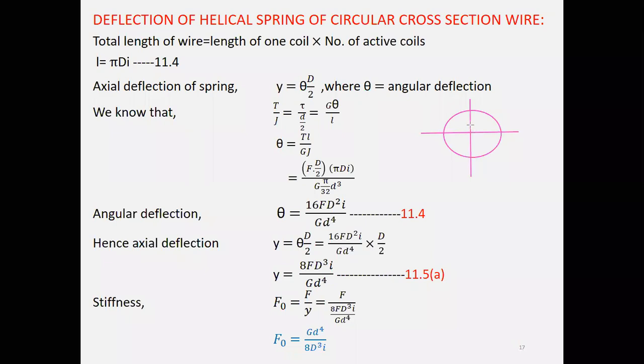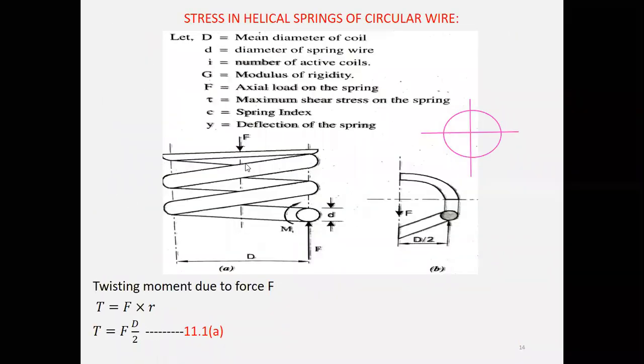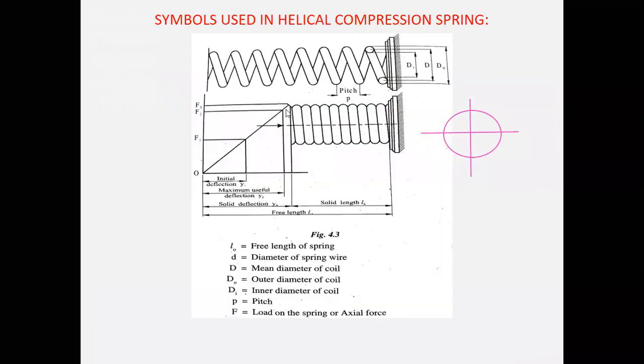When the member is subjected to compression, if you see the previous one, you are going to compress it, which means the spring will deflect. If the member is getting compressed, what happens? If this is the original position, and it is getting compressed, this point will be shifted here. This point will be shifted by an angle, and that angle we will take as theta.